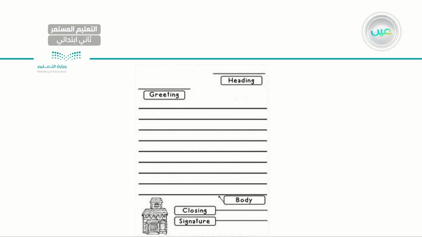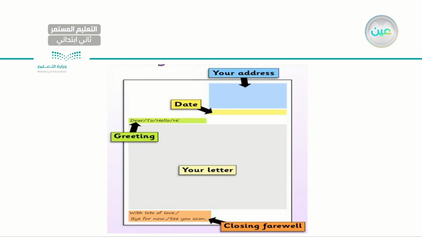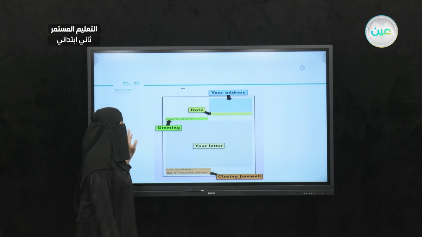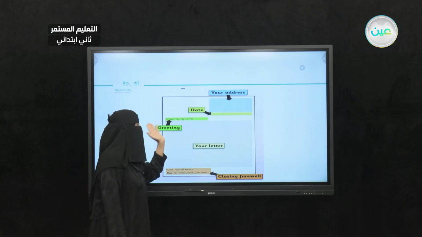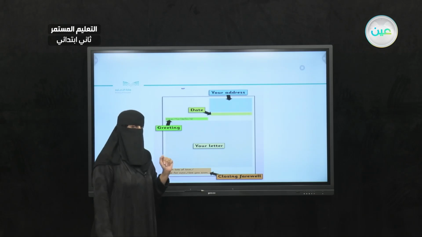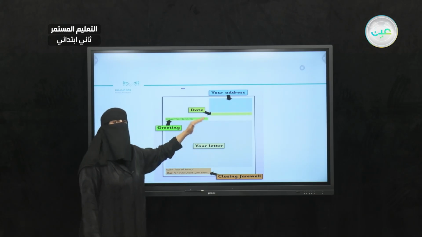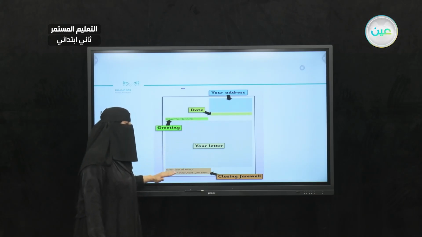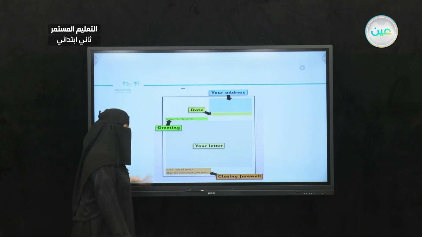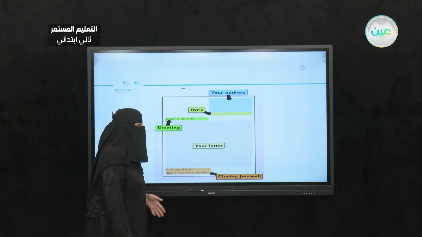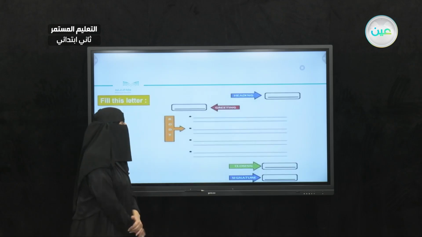Okay? This is another example. Okay? I have the heading where you have the date, greeting, I have the body, the closing, and the signature. This is another example. Here we must write the address if we want to receive a reply to our letter. If we are receiving this through regular mail, then we must indicate the date. How to greet, as I told you, we must say dear, hi, hello, okay? And then I have your letter or the body. Then don't forget to write the closing paragraph by saying farewell, take care, best wishes, see you soon, and write your names at the end.